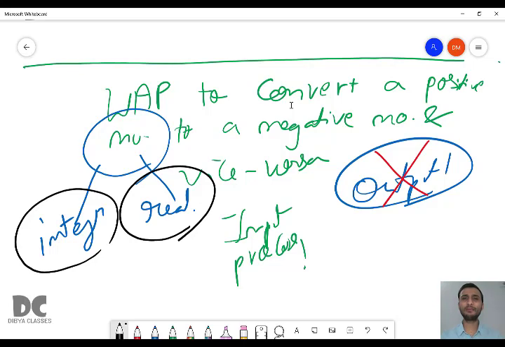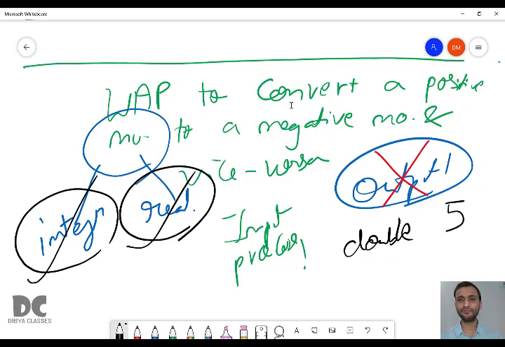So always take the best data type. If you take double in this case, you can accommodate all types of values, both integer and real. Why? Because if you input an integer value, it will automatically get converted to a real number. For example, if you enter 5 and the variable is a double type, it will become 5.0 automatically, because of automatic typecasting. So if anyone enters an integer, you can store it in a double variable.